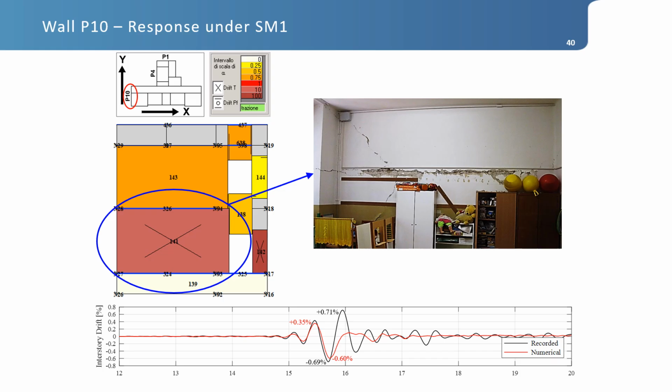There is this wall in which we have a large damage prediction, and okay, we can follow quite well the response in the first two peaks. Then something happens in the model where damage is spread that is not allowing to fully represent the response of the building in the final part of the time history response, but still quite a significant